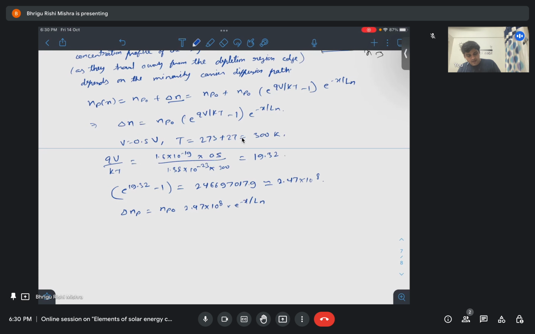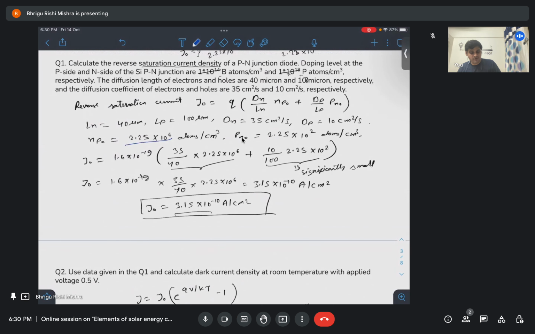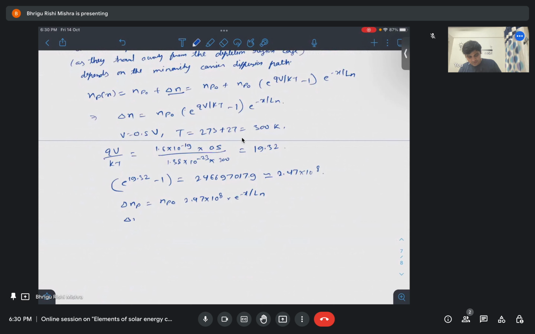We can take np naught from the first question, np naught is 2.25 into 10 to the power 6. So delta np will be 2.25 into 10 to the power 6 into 2.47 into 10 to the power 8 into e to the power minus x by Ln. If you solve this, I will end up with 5.56 into 10 to the power 14